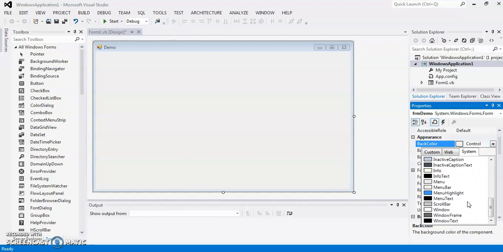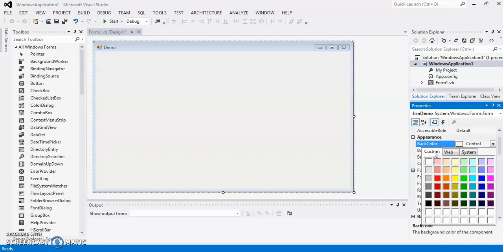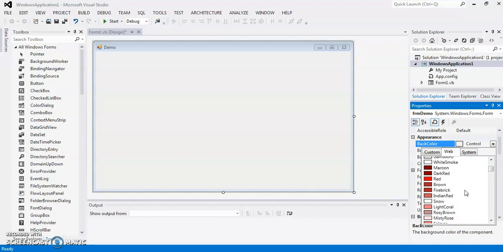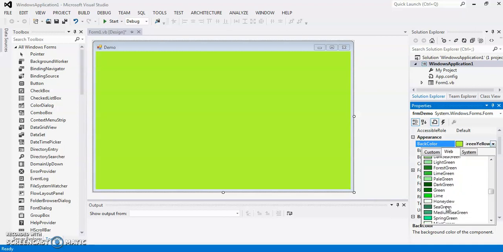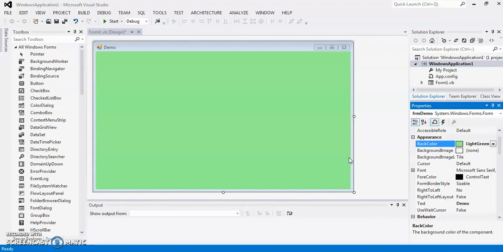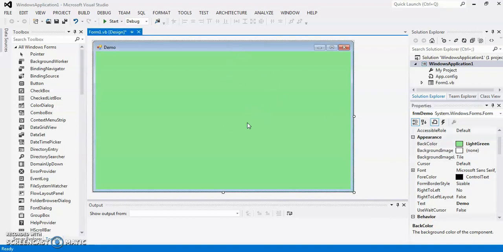You can change it from here. You can change from the custom colors from this color palette, or you can change from this web option. There are many more options in the web, and I am choosing from here a green yellow color, or you can choose any light color, anything you want. So you can change the back color of your form.